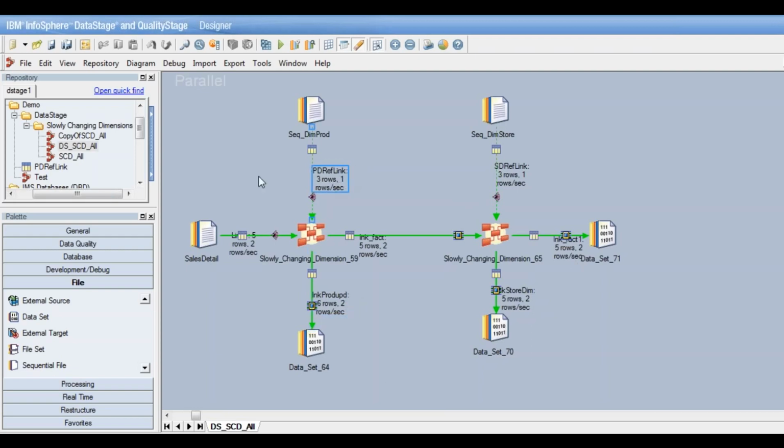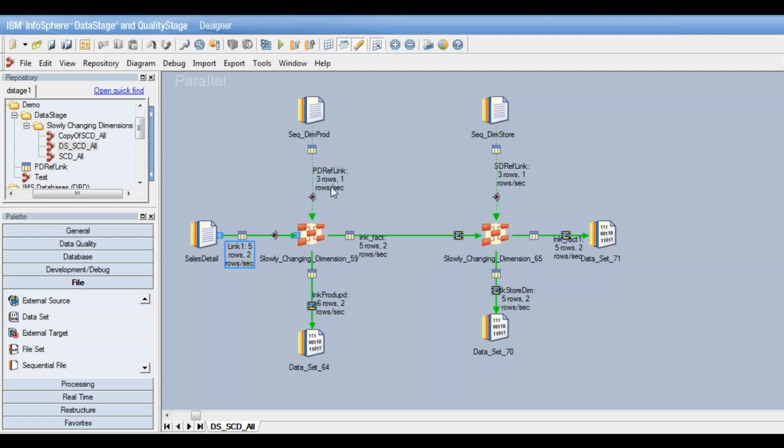So here we can see once the job is done, in the fact link, the same number of records are there as came from our source data or the OLTP data. So all the records will flow to the fact. Every single record that is coming in from the source will make an entry in the fact table because it will have distinct measures associated with it.